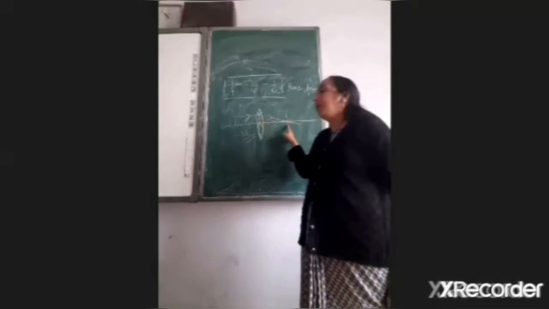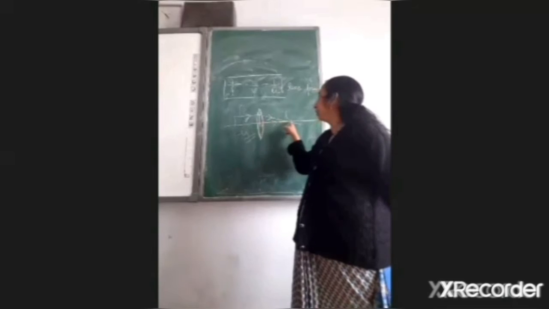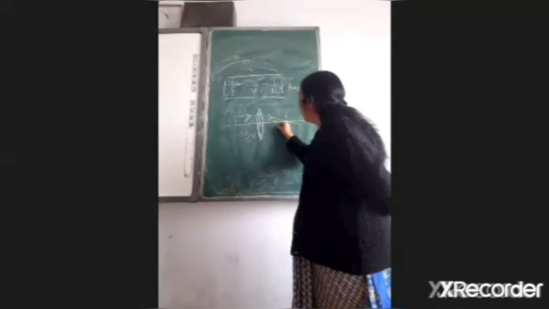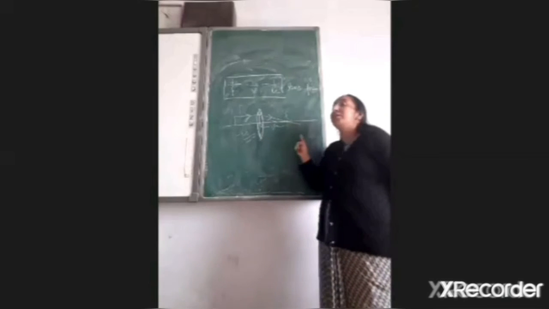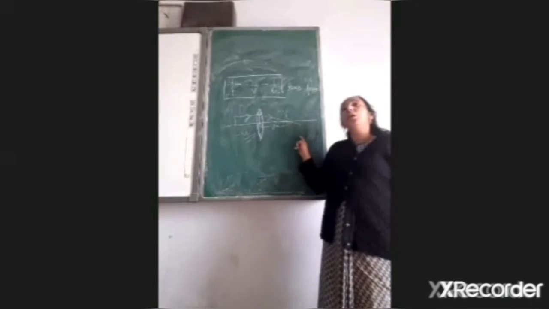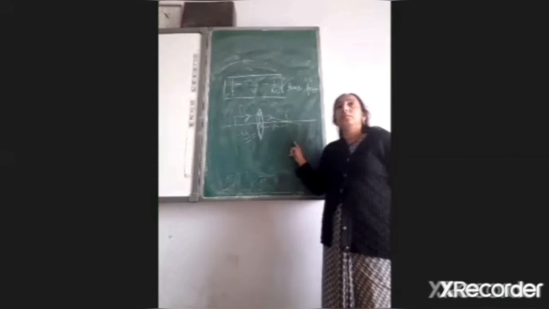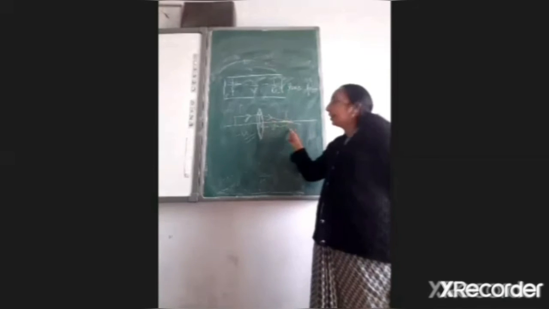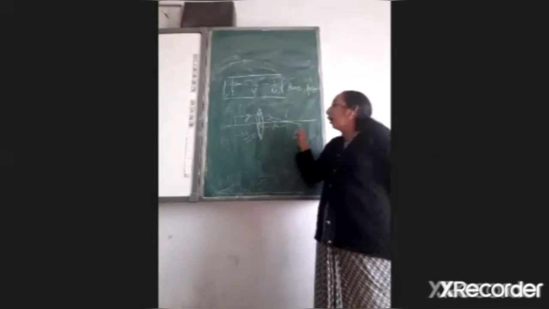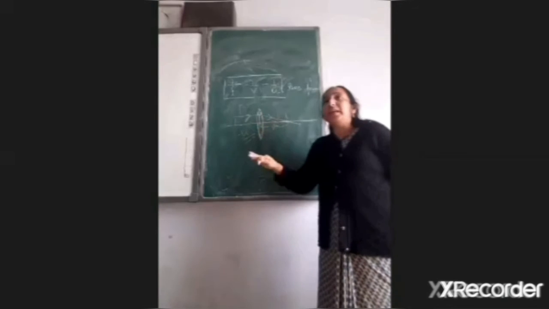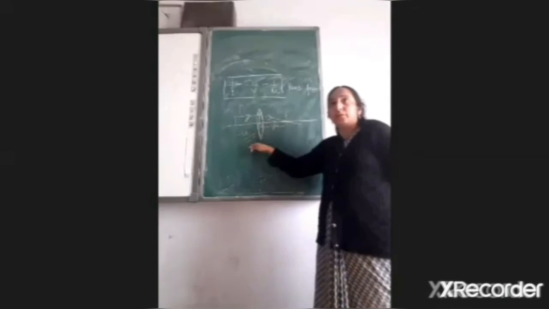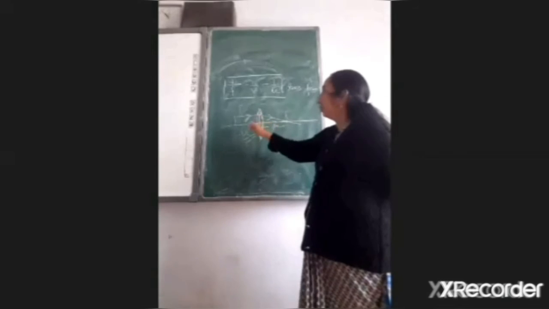Distance of the image from the optical center, so this will be the distance. So we will take V as positive if you have which type of image, real or virtual? Real. तो अगर आपकी real image आ गई तो V positive और virtual image आ गई तो V negative. U is almost always negative. ठीक है?